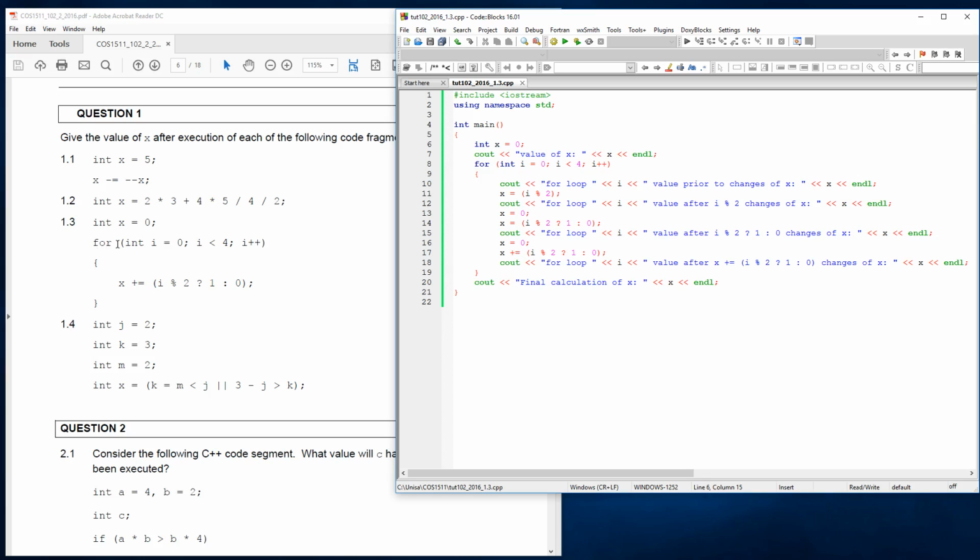use a for loop. Then they're going to say int i equals 0, while i is less than 4, then i plus plus. So basically what it's doing is it's saying when it gets to 3, then it must stop. Then we've got x plus equals, and then open brackets, i percentage 2, question mark 1, colon 0, close brackets,